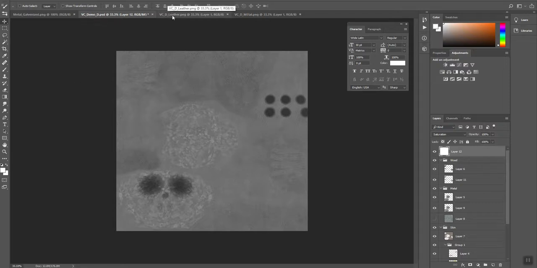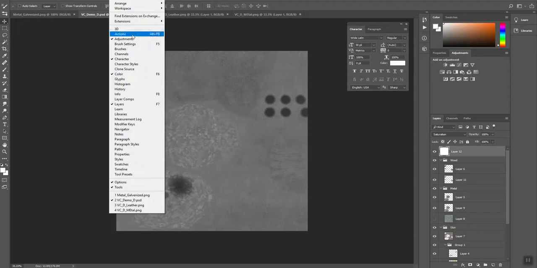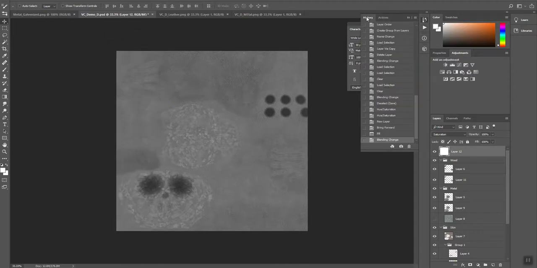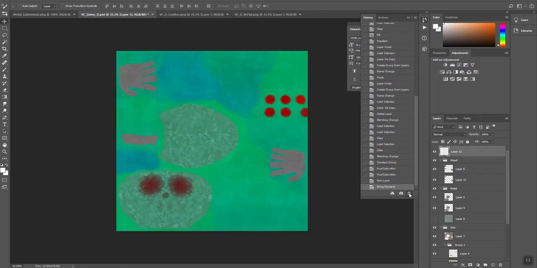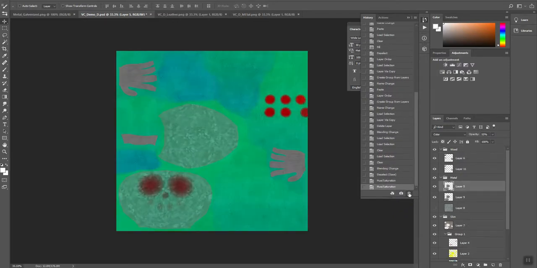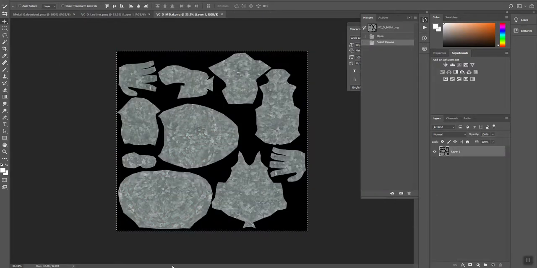I just realized I'm on my diffuse, so I'm going to go back here. I'm going to open up my window actions, go to history, and under history I'm going to go back through my history to get to a point where I hadn't done that. Get everything back to how it was. There we go. Okay, I'm going to save my diffuse and close it,